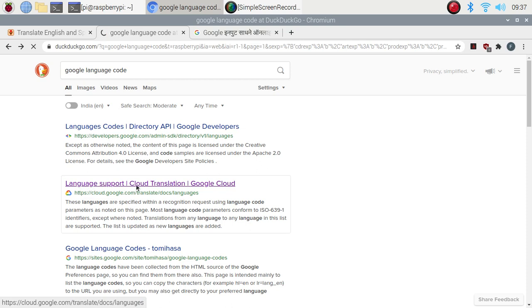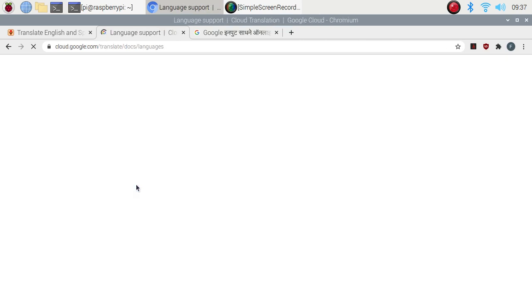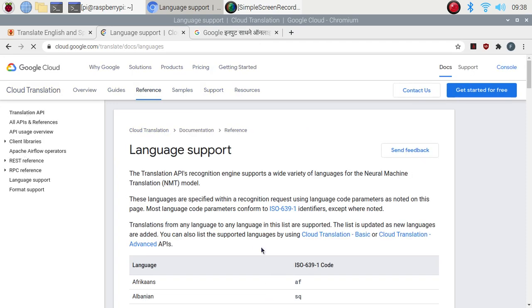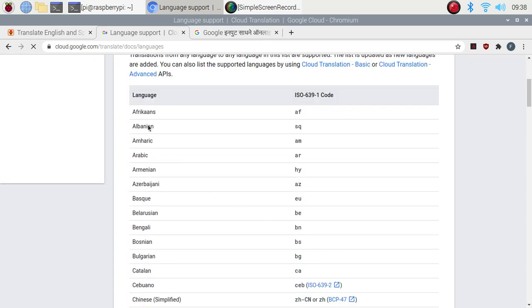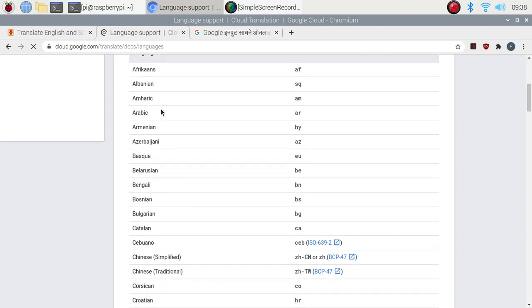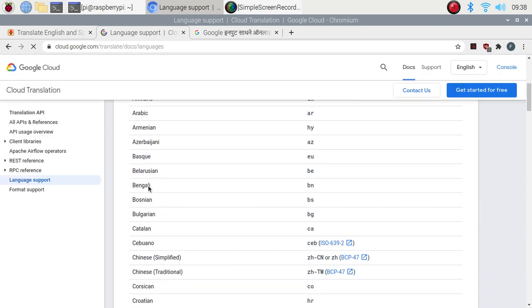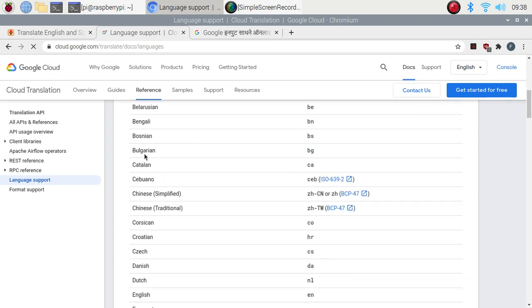Visit their page, and here we will get all the codes for different languages. Afrikaans and all the other languages and their codes are mentioned on their page. For example, if you are Bengali, then you just have to type BN.